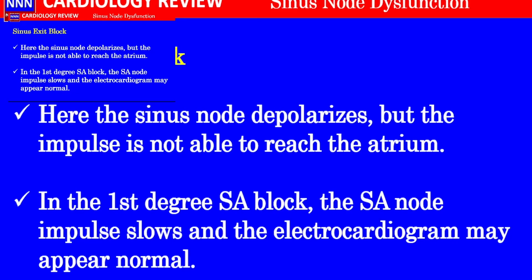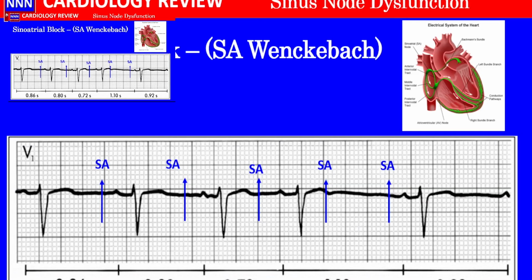Okay, let's move on. Sinus exit block, a couple of points. Here the sinus node depolarizes, but the impulse is not able to reach the atrium, which I explained to you. There are two kinds of sinus node blocks. The first is first degree sinus block, where the sinus node impulse slows down, but the electrocardiogram may look normal. We also have a second degree, type Wenckebach style